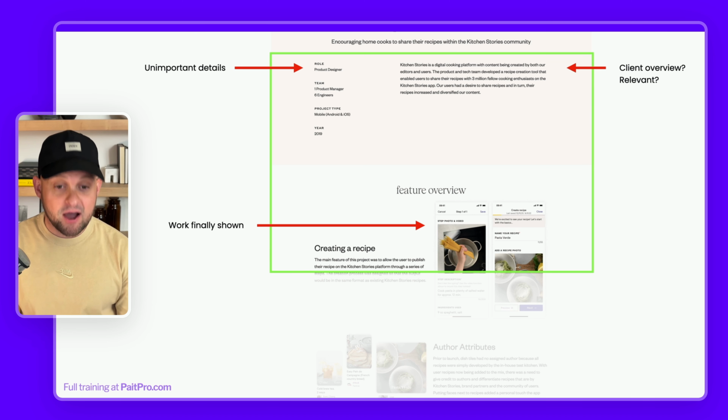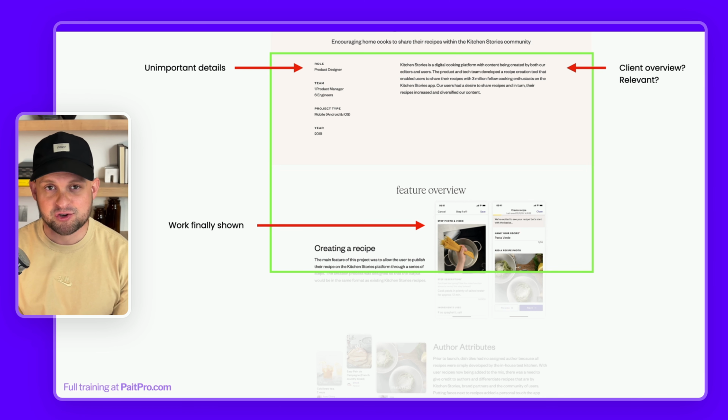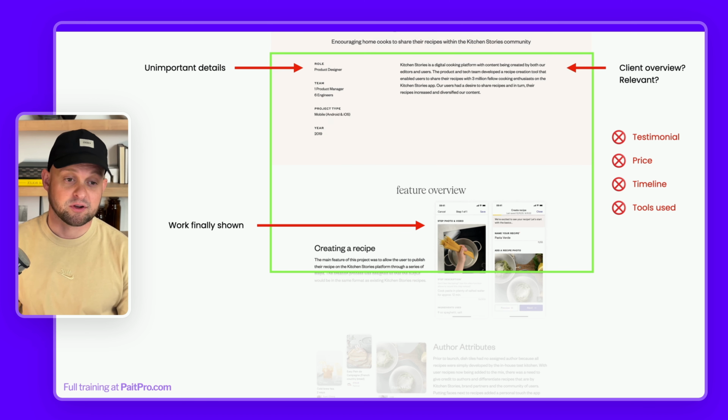And then finally, at the bottom of the second viewport, so after a few scrolls, they're finally showing their work. So again, a huge missed opportunity. And you can bet that probably about 75% of the page traffic never got down this far to see this work. So there's no testimonials, they haven't shown pricing, they haven't said anything about timelines, and they haven't shown the tools that they use. So there's basically no information that has been shared that's going to be relevant or interesting